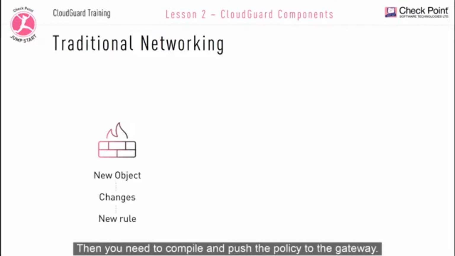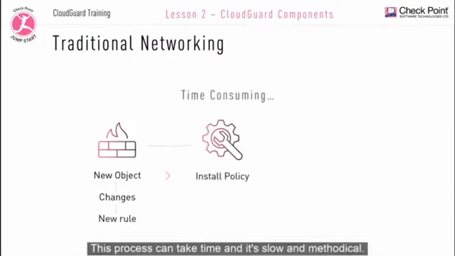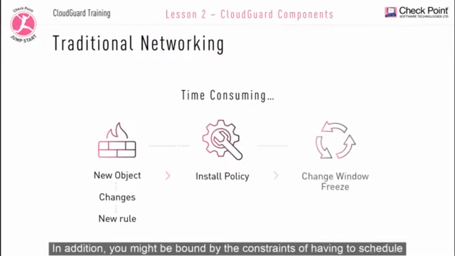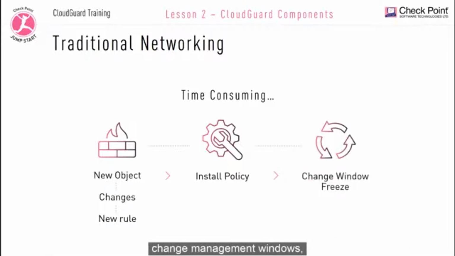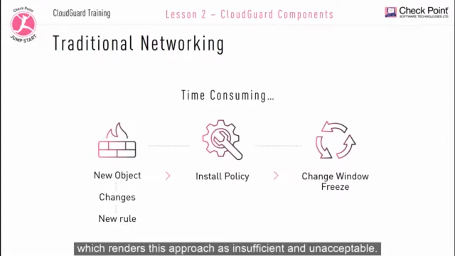Then you need to compile and push the policy to the gateway. This process can take time, and it is slow and methodical. In addition, you might be bound by the constraints of having to schedule change maintenance windows, or perhaps you're on a change freeze lockdown time frame. This traditional approach will not work with the cloud because of the cloud's dynamic nature, which renders this approach